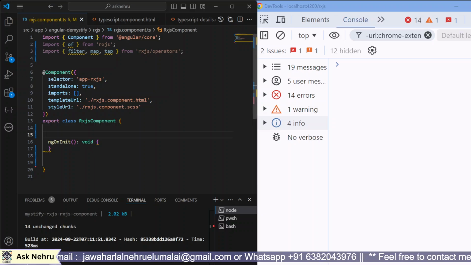First of all, I have imported whatever operators are required. So this of is an observable creation function, as we discussed earlier in the previous video. And today we are focused on the filter, map and tap RxJS operators. Filter just filters the values from the observable, map is going to transform the values in the observable, and tap is nothing but debugging, or we can print in the console. So this is very simple, guys. Just like in JavaScript, print and map and filter,